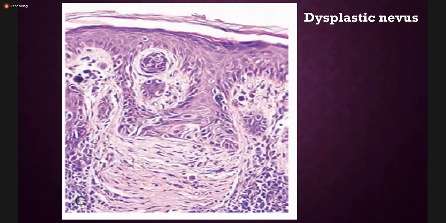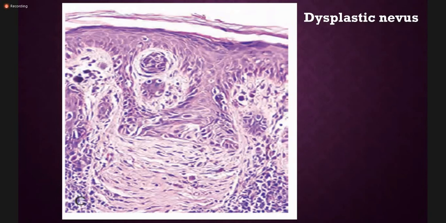Then there is inflammatory infiltrate, which means that lymphocytes and macrophages are present in the dermis. And there is some melanin leaking into the dermis, which is engulfed by macrophages. So this is called melanophages or pigment incontinence. So you can see the pigmented macrophages present here and there in the dermis.